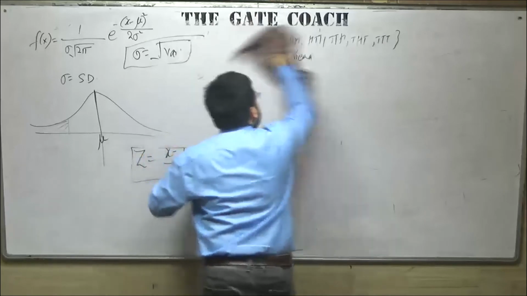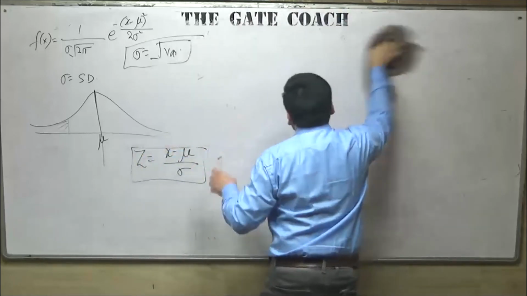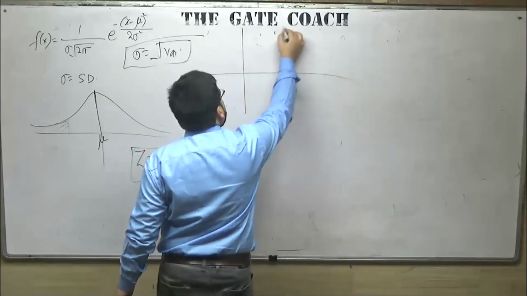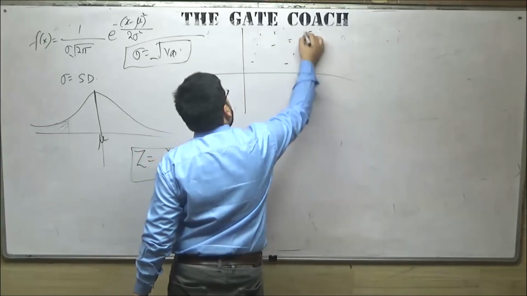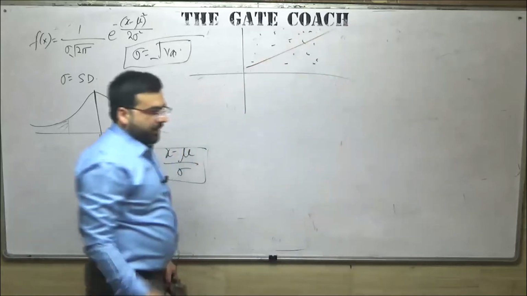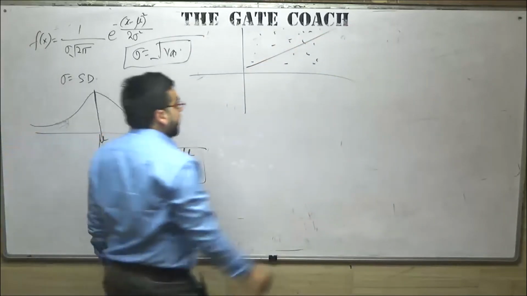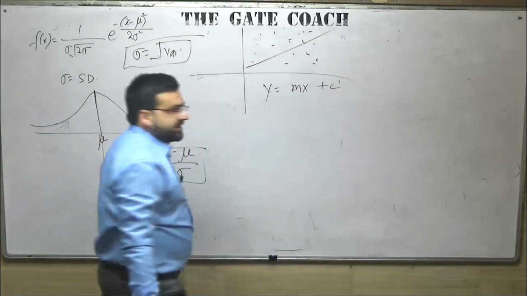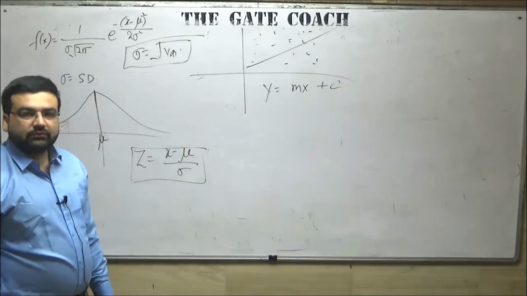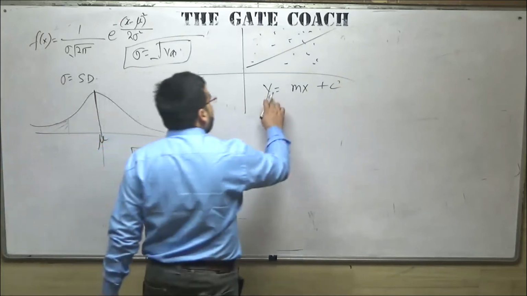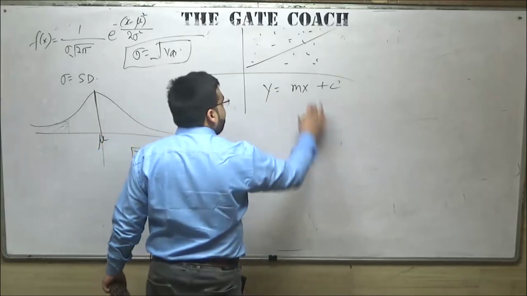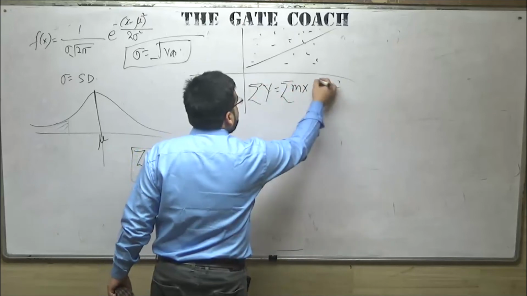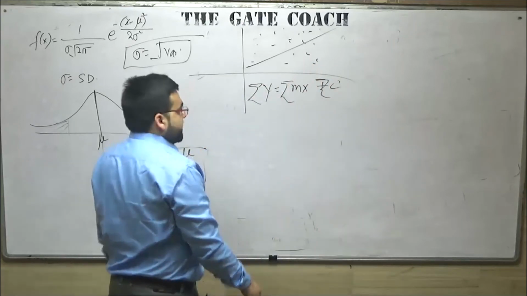For example, let me explain it to you here. Let us say a lot of points have been given to you, and you have to find the best fit line. So we know that the equation of the line is y is equal to mx plus c. This is the equation of the line. You do the summation of data. So y1, y2, y3, y4, n values are given, x1, x2, x3, x4, n values are given. You do the summation of this, and summation of this.